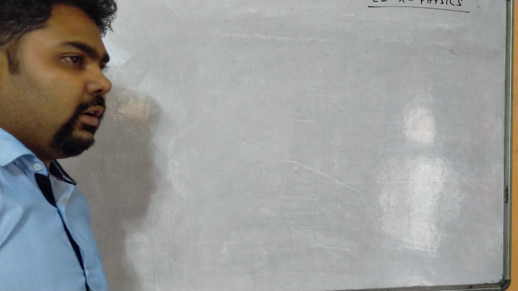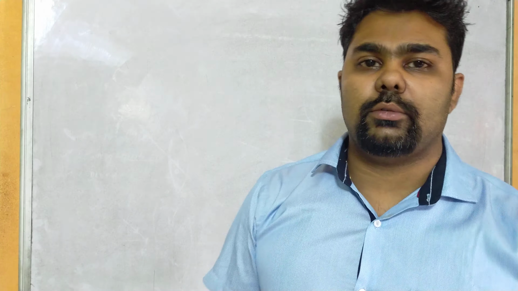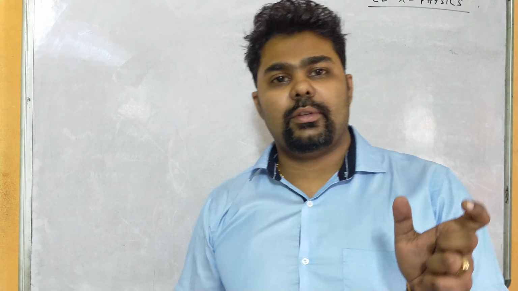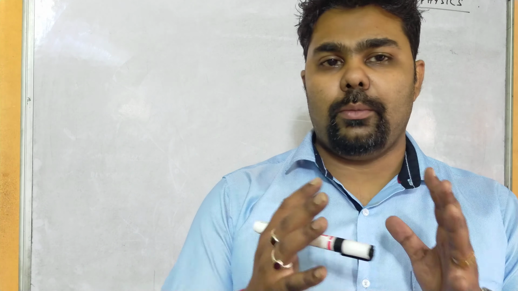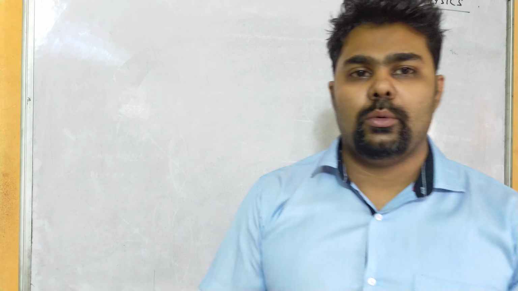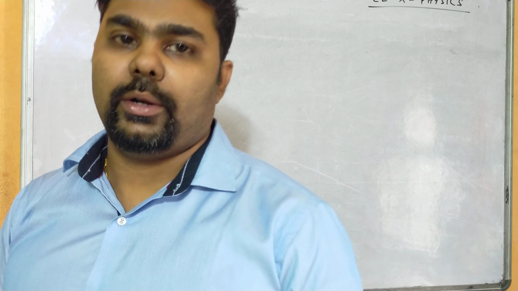So I was about to start the concept of real image and virtual image in the next video, but I thought to start it today itself. So what are real images and what are virtual images? Real images are formed by a convex lens and virtual images are formed by a concave lens. Okay. Generally real images are those images which can be obtained on a screen, whereas virtual images are those images which cannot be obtained on a screen. And there are many reasons why the convex lens forms a real image and why the concave lens forms a virtual image. We will go through that one by one in detail.